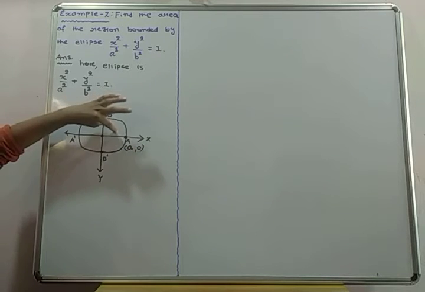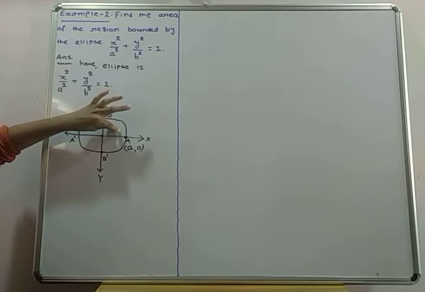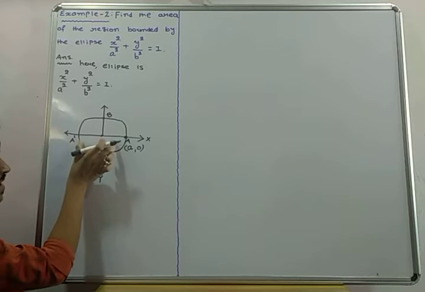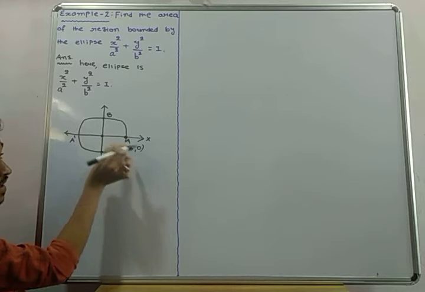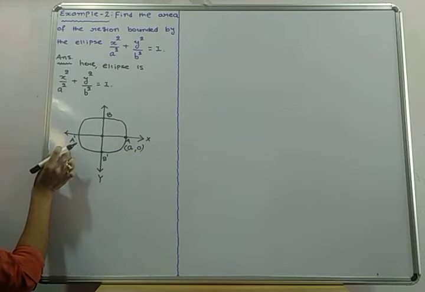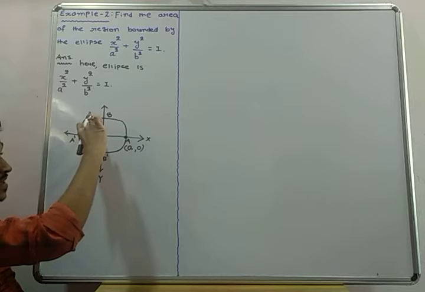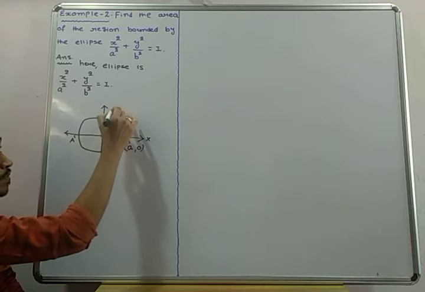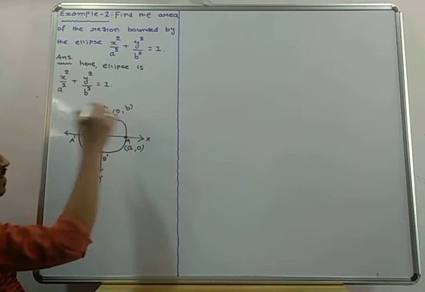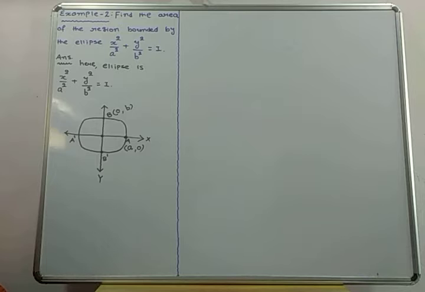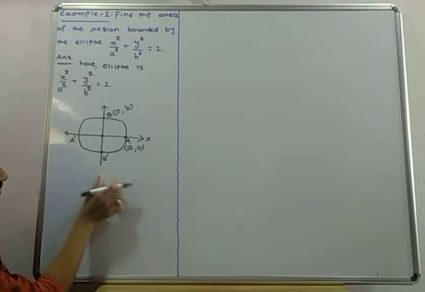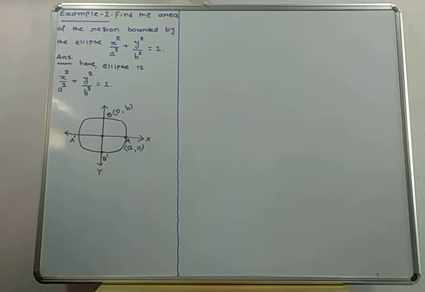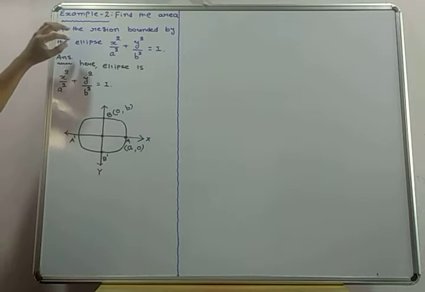In a circle what was there? Radius a. So this is also radius, this is also radius. So here a, 0, here 0. But this is an ellipse; in an ellipse it is not like that. The major axis has length 2a, half length a, so the points are a, 0 and minus a, 0. The minor axis B dash has full length 2b, half length b, so b is 0, b. Upside 0, b, downside 0, minus b. Done.